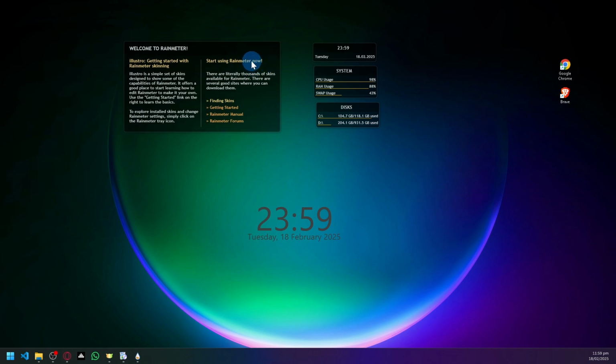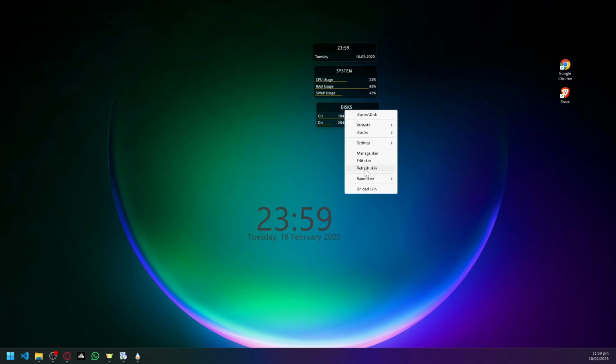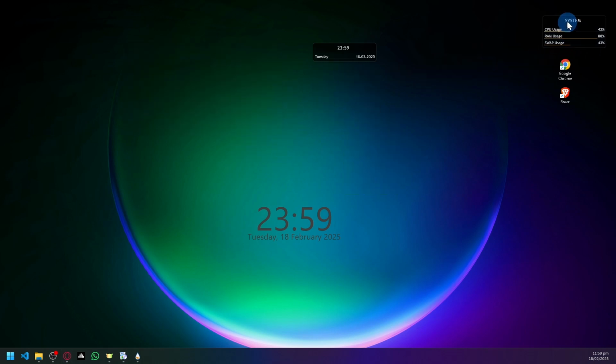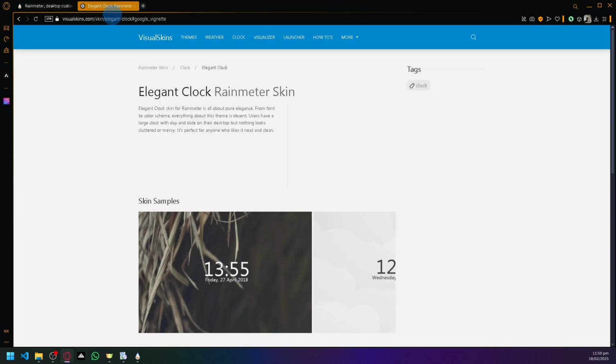To be able to remove some of this, simply right-click and click on Unload skin, which will automatically remove those. So if there is stuff that you want to keep, you can just drag it to a specific corner. And now for our widget over here, you're simply going to search for Elegant Clock